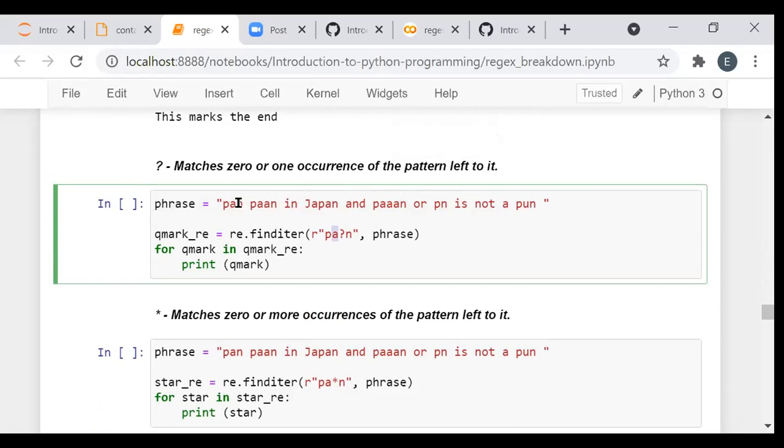In this case, this has 1 occurrence, this has 2, this has 1 occurrence, this has many, and then this one has 0 occurrence. This one, 0 occurrence. So if I run that,